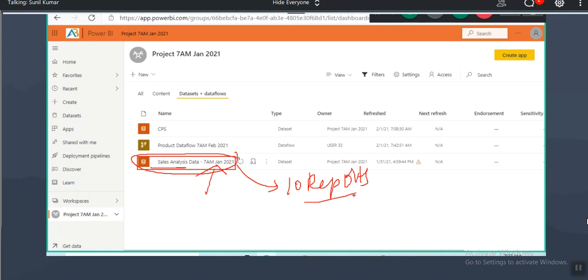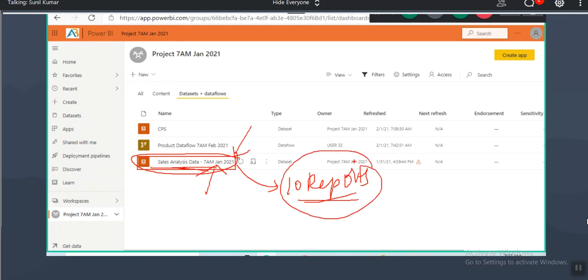Only 10 reports. Based on my requirement, I created the 10 reports only.